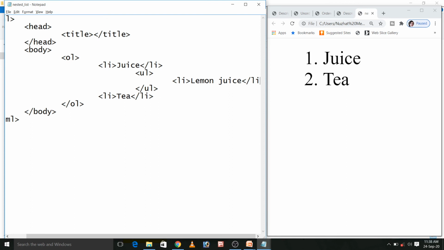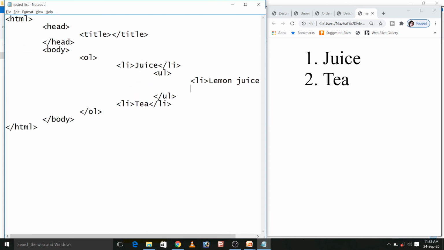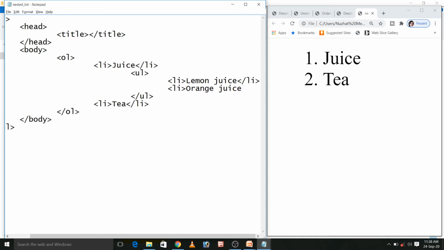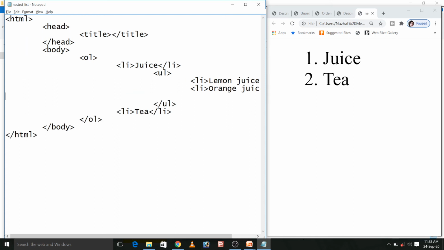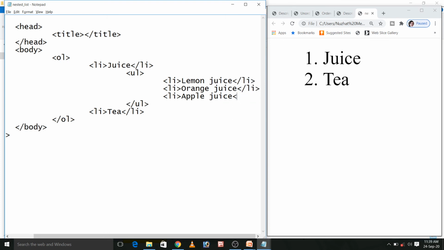Then I will take orange juice. I will take one more list item, apple juice. It is up to you what you need, how many items you need. Now we will check the output.